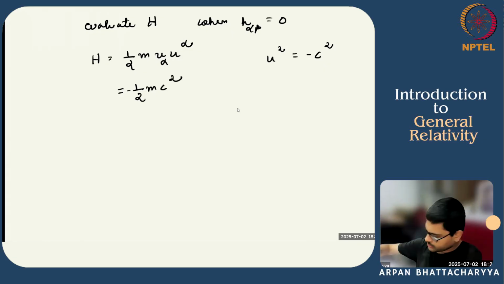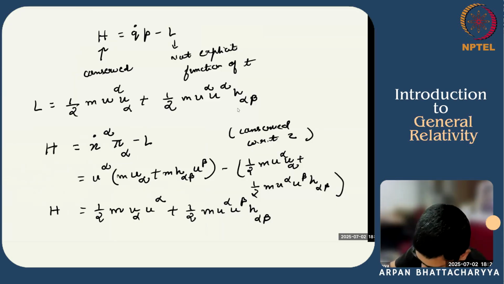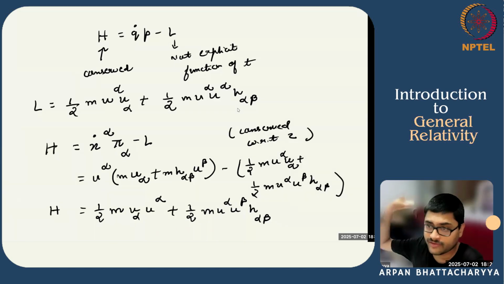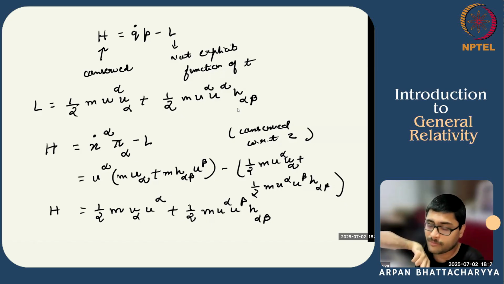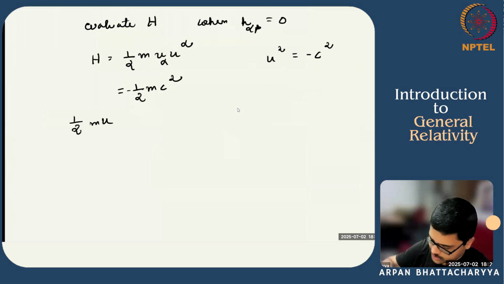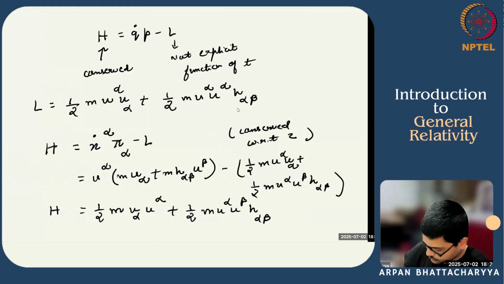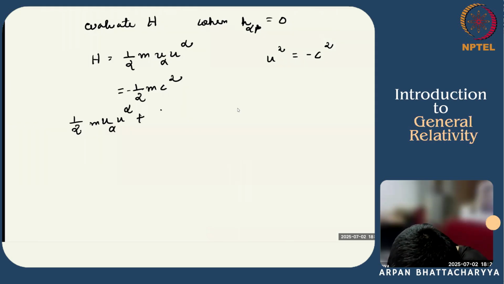But now, as this is conserved, we are going to equate it with this expression. It doesn't matter when we are evaluating. We are evaluating it at a tau when the point particle is not inside the gravitational region. So it's a free particle. We get this, but this should be equal to this expression. So we get alpha plus